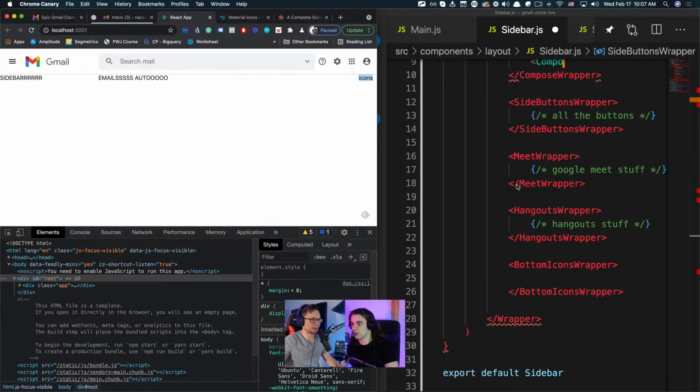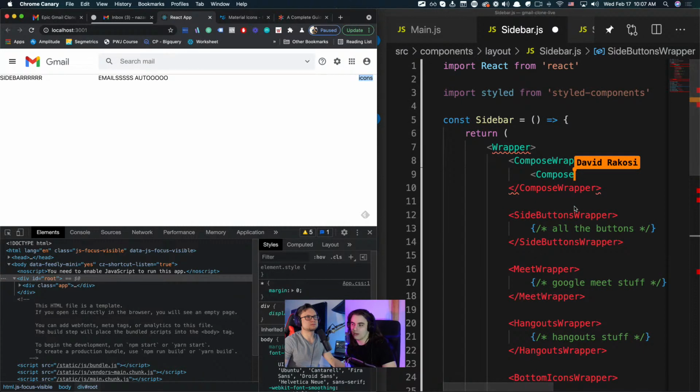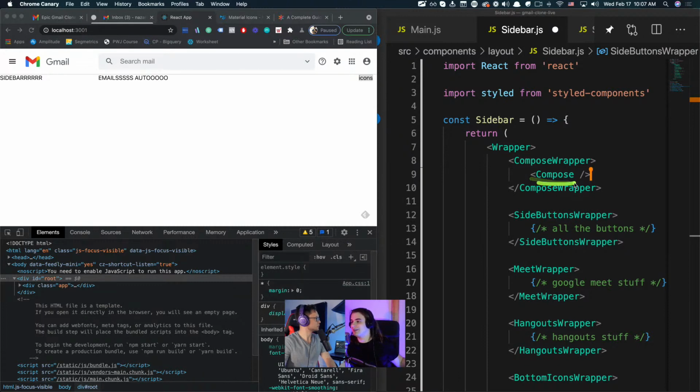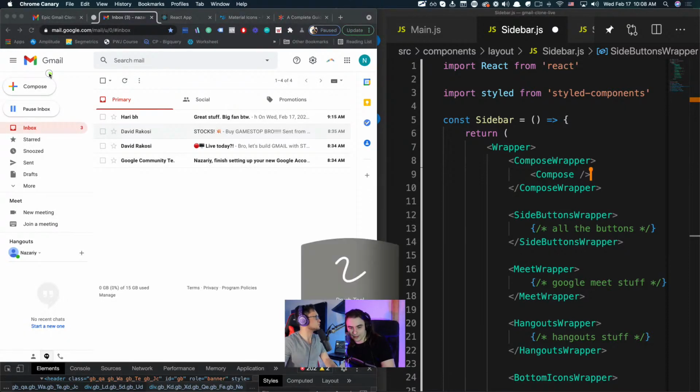So what we will do is we will just add a new component, which we will call compose, and this is where we will need to import a new button. So what we will do is go into the compose folder, create a brand new folder, and we will call it